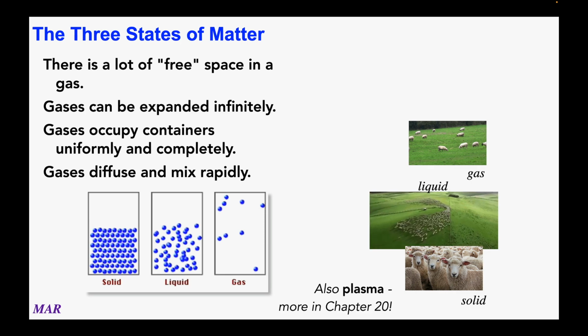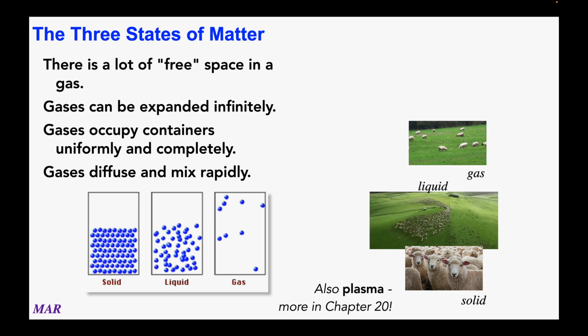Liquids, on the other hand, there's a connection between them, but it's a lot less rigid than the solid. So liquids do stay together, but you can pour them and they'll take up the volume of the space that it occupies. Gases, on the other hand, there's no interactions between them at all. They kind of move around on their own. They collide into each other, but it's no big deal. So you can see the differences here.